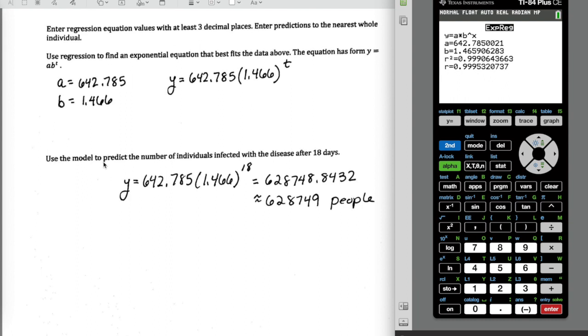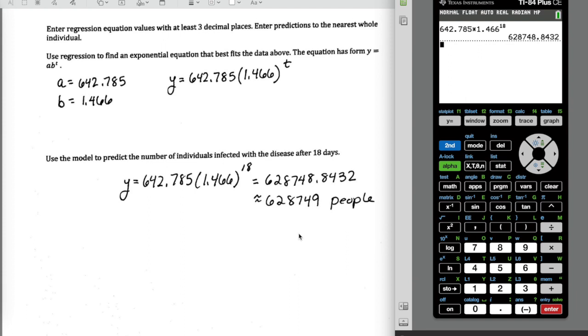Now it says use the model to predict the number of individuals infected with the disease after 18 days. So that means we're going to plug in 18 for t and figure out what we get for the number of people. So I'm going to put in my calculator 642.785 times b, which is 1.466 raised to the power of 18, and it's going to give me